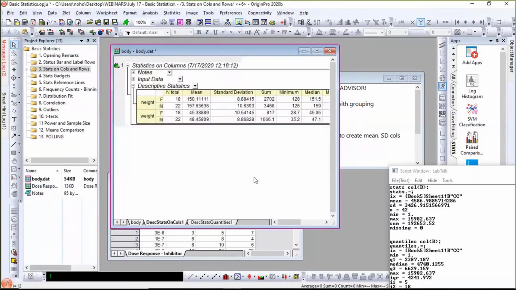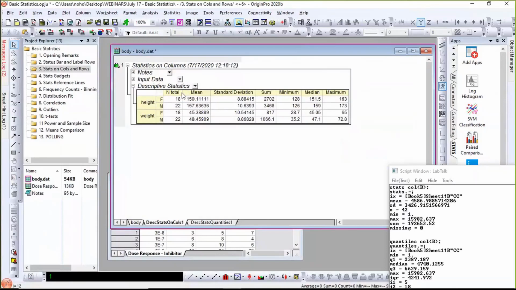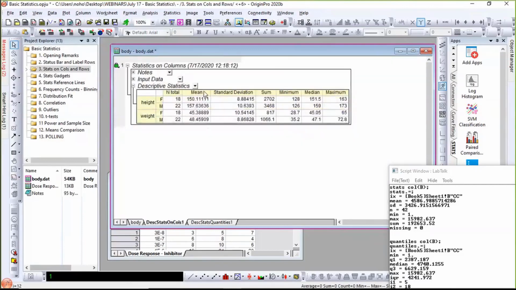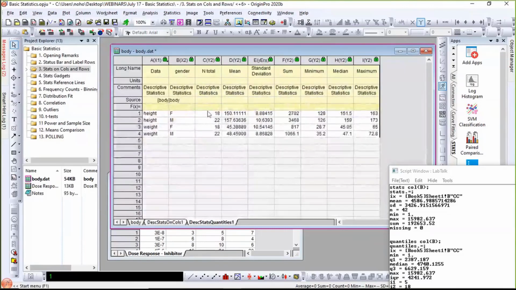So here we have a detailed table. The table now has the summary statistics on the mean, the standard deviation as a group based on female versus male for height, female versus male for weight. Okay. It also gives you what we call a flat sheet, a regular sheet. So if you want to do any plotting, you cannot plot from the summary sheets, what we call report sheets, but in this case, you also have a flat sheet, so you can go do post analysis of the